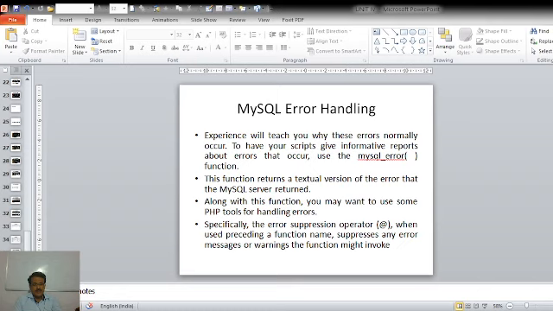Now, in order to minimize these database errors, there is no standard method. Experience will teach you why these errors normally occur and how to remove them.